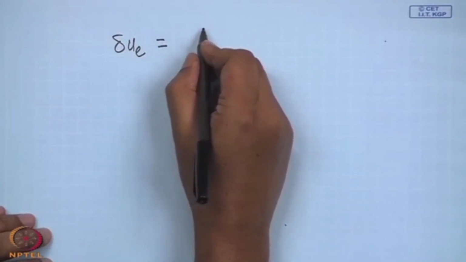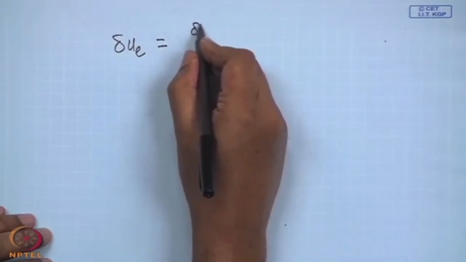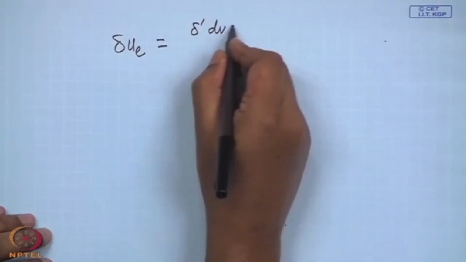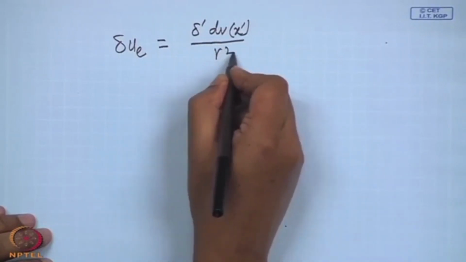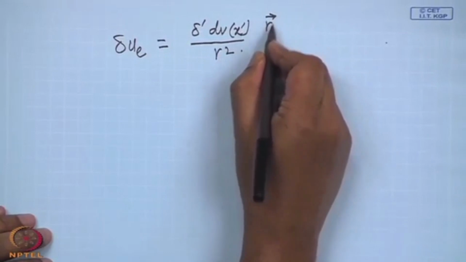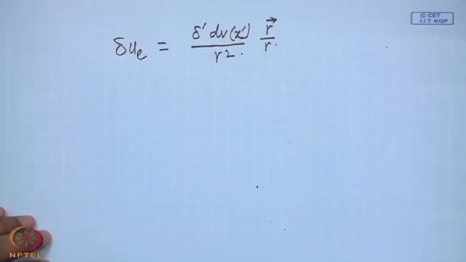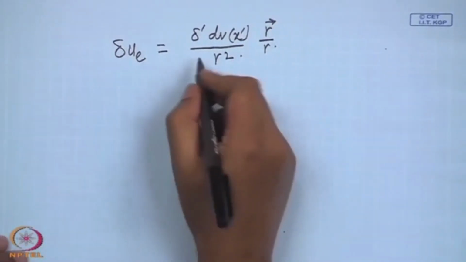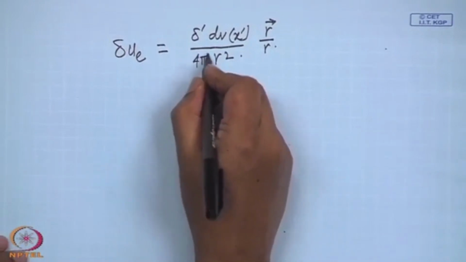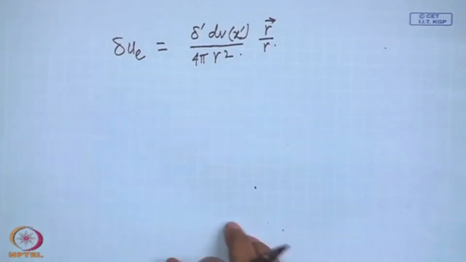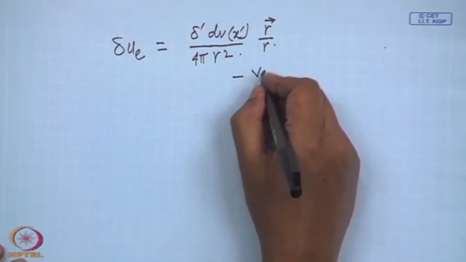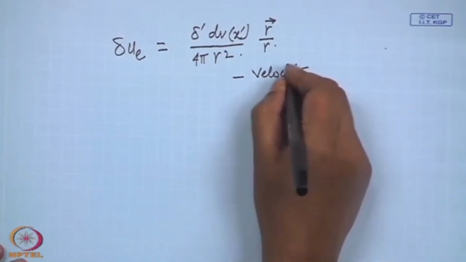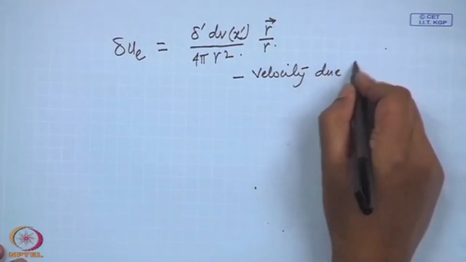And let us write it this way, delta prime dV x prime by r square into r by r, over 4 pi. Velocity due to